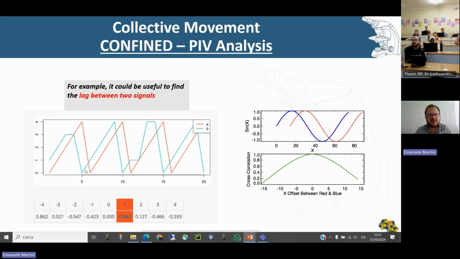Imagine you have this signal A, the orange one and the blue one. You want to find a way to say, okay, for how many time points, from 10 to, like, here, there are time points, so if you move ahead of 3 or 2 or 1 time point, it will be more or less similar. So you want to really check when they will be more similar. And if you apply this